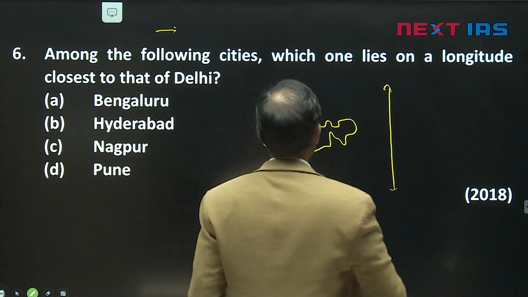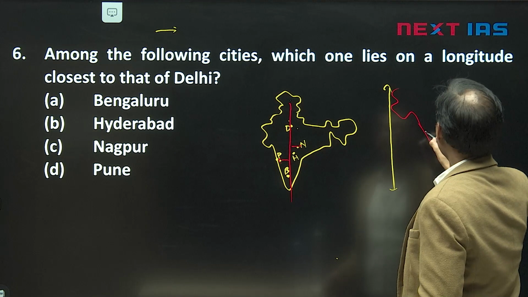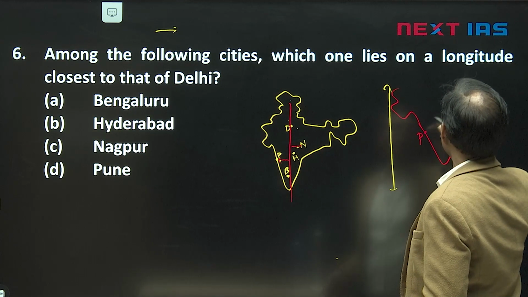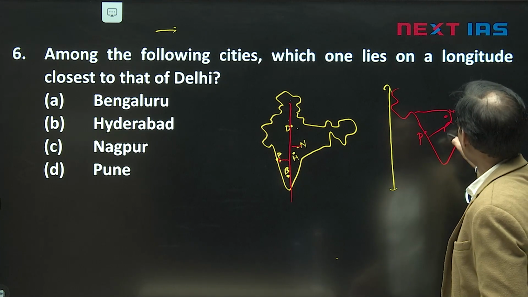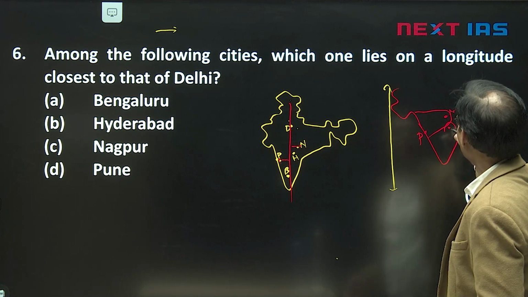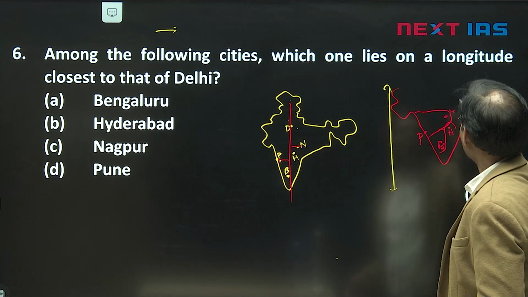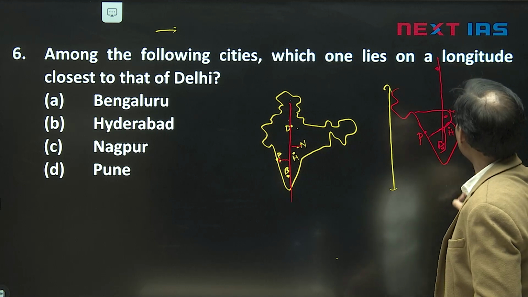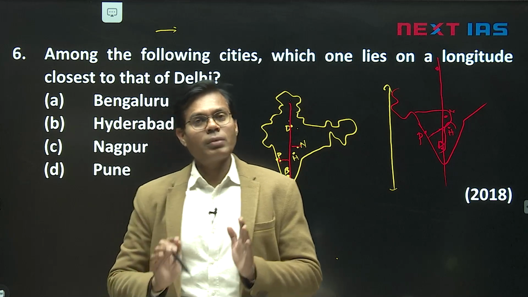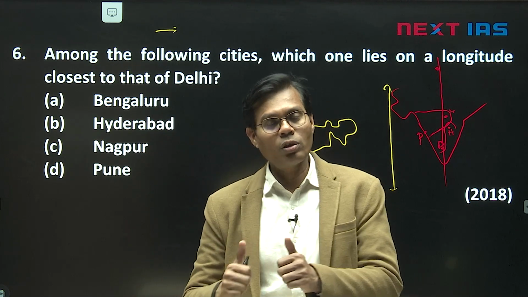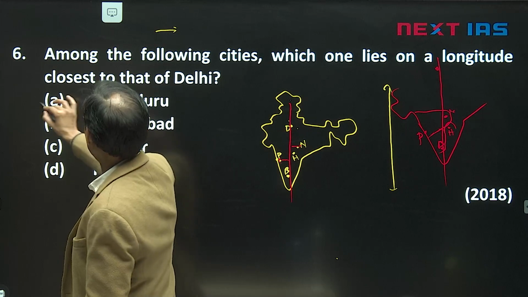But even if you can't draw the map perfectly, you can make a map like that with your own knowledge. Pune is here, more westward; Nagpur in Maharashtra, eastward, Vidarbha region. This side is Telangana, the new state, touching Maharashtra and Chhattisgarh as well. Hyderabad is here. And this side Karnataka, and its capital Bengaluru near Mysuru. And you know Delhi is somewhere here, then you can draw like that. Bengaluru will be closer to here. So take your time, but try to be accurate in your answer. A single question makes a difference here. And afterwards, the answer is Bengaluru, A.